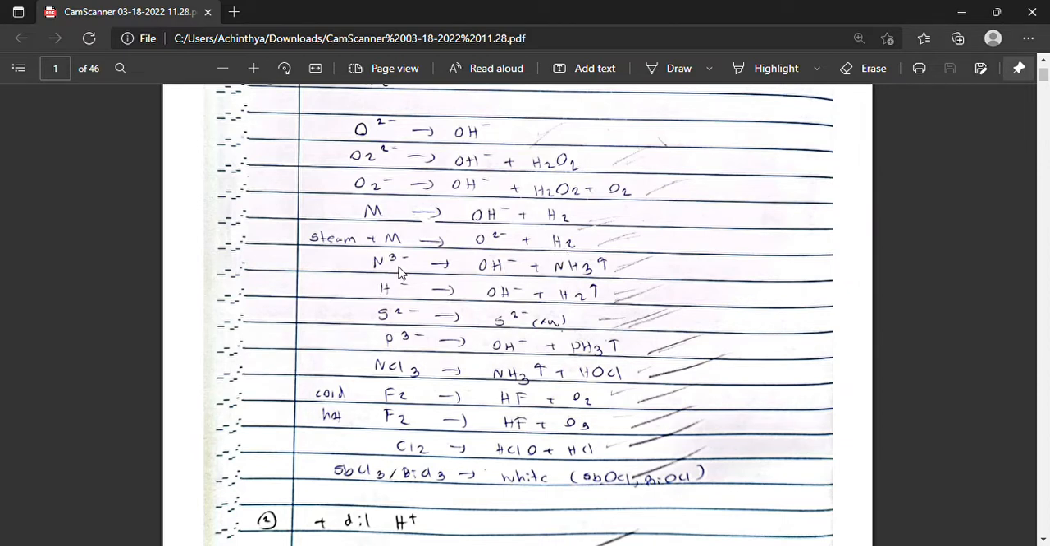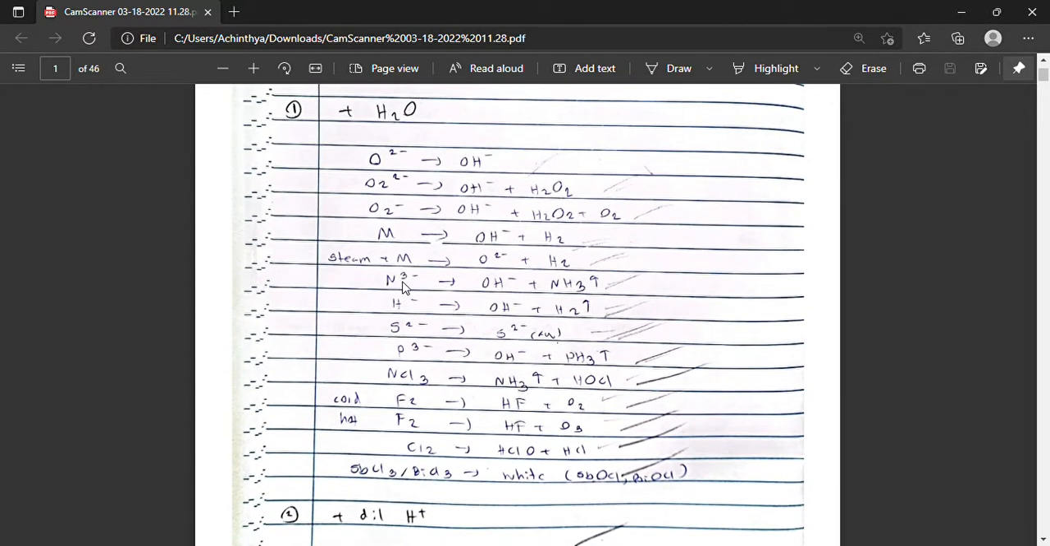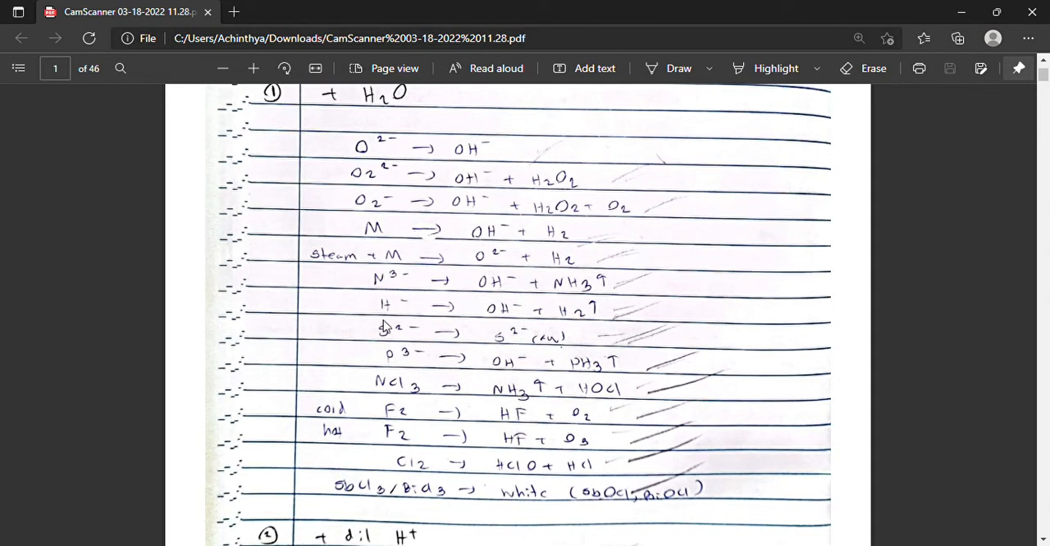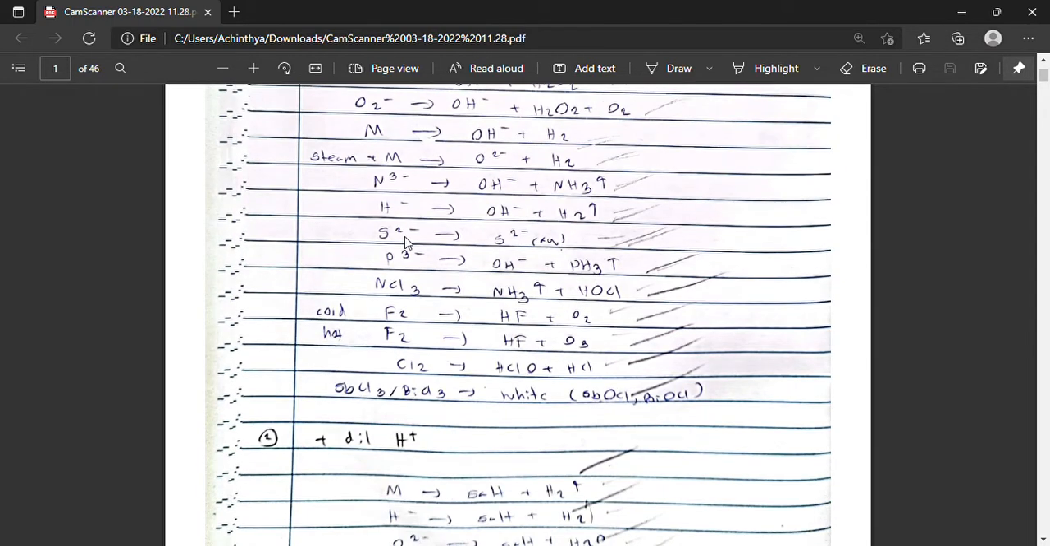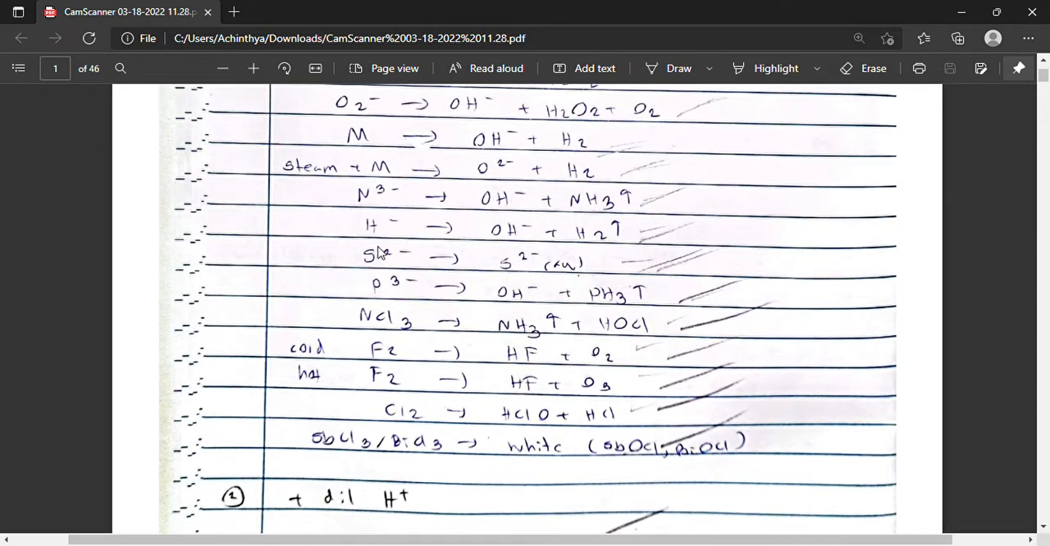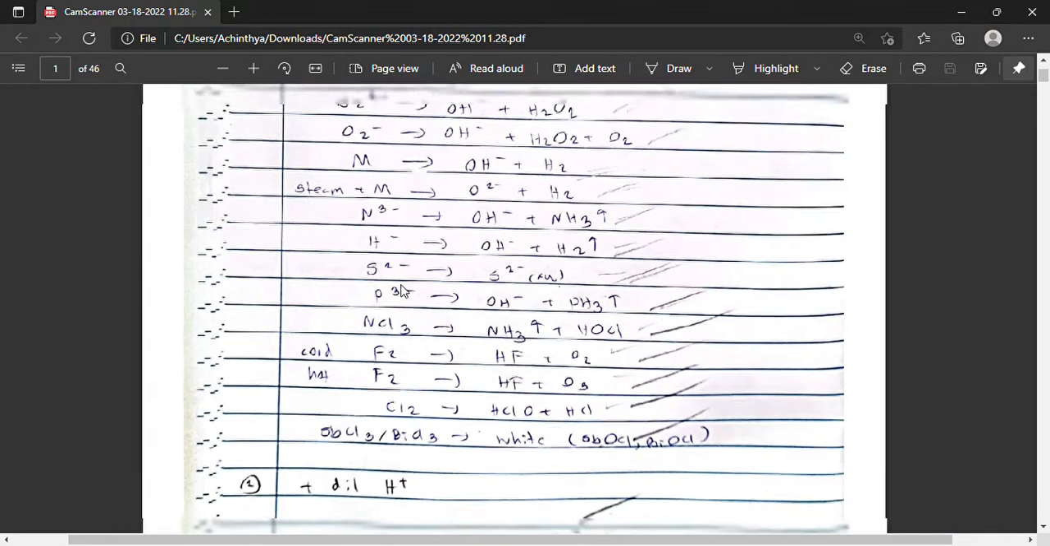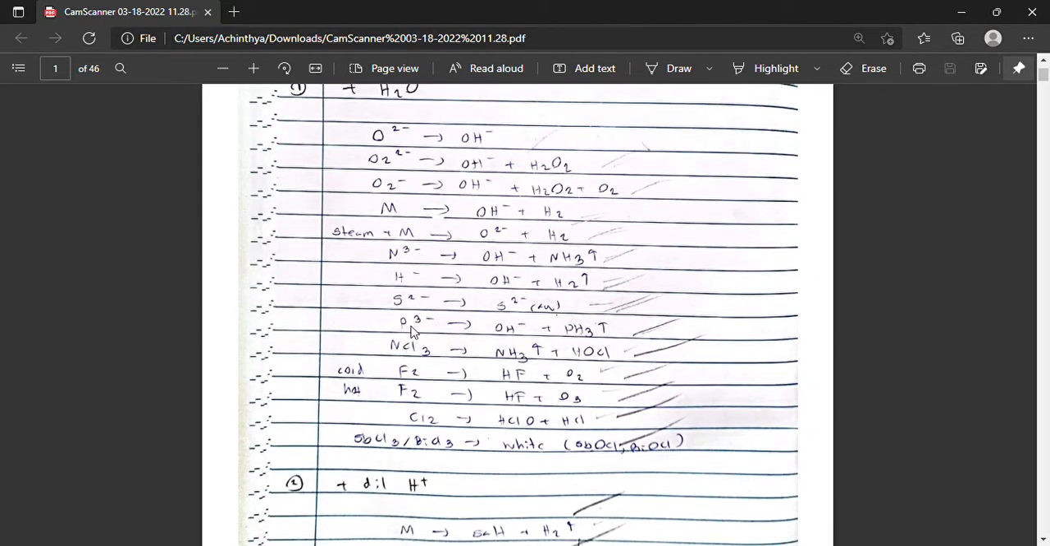If we add metal nitride into water, we would get the metal hydroxide and ammonia gas. If we add water into metal hydride, we will get the metal hydroxide and hydrogen as well. If we add water into sulfide, we will get the aqueous sulfide. If we add water into the phosphide, we will get the metal hydroxide and phosphine